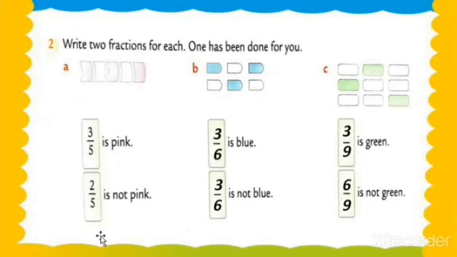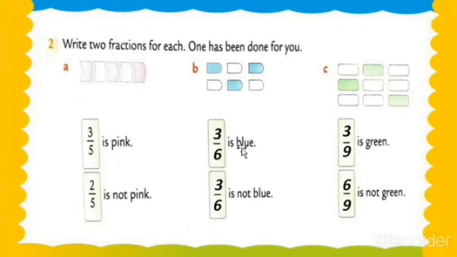This is our example, and we do the further parts B and C. So 3 upon 5 is pink. In this, 3 upon 5 means 3 blocks are pink and the total is 5 blocks. And 2 are white, meaning not pink, out of 5. Understood, my dear students? Got my point? Now question B. What is question B? Let's check. 1, 2, 3, 4, 5 and 6. So what is our fraction of these blocks? 3 upon 5 is pink and 2 upon 5 is not pink.